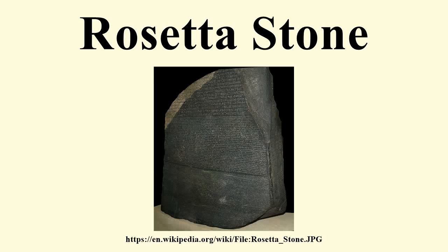The Rosetta Stone is a granodiorite stela inscribed with a decree issued at Memphis, Egypt, in 196 BC on behalf of King Ptolemy V. The decree appears in 3 scripts. The upper text is ancient Egyptian hieroglyphs, the middle portion Demotic script, and the lowest ancient Greek. Because it presents essentially the same text in all 3 scripts, the stone provided the key to the modern understanding